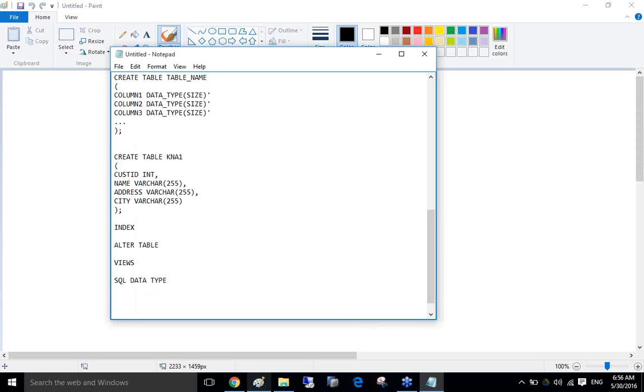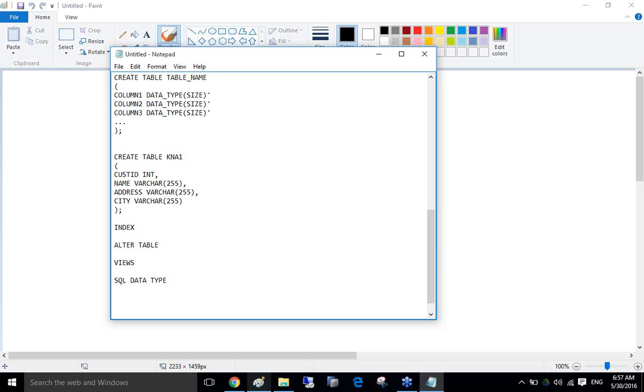Varchar, it stores character string. Binary, binary strings. Integer, integer values with no decimal. Decimal, exact numerical with precision and scale,